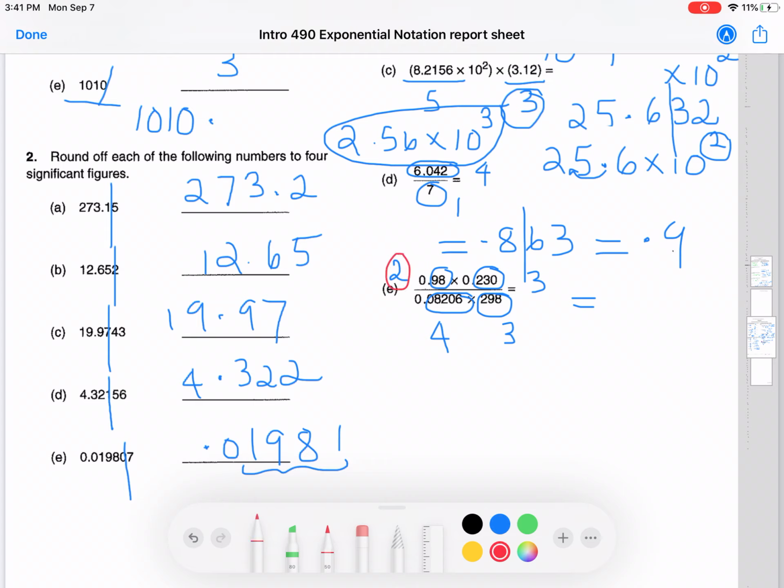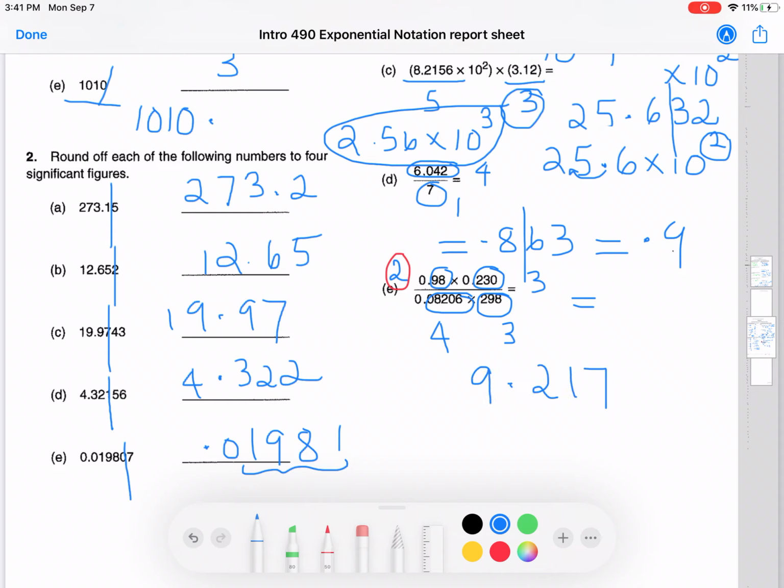So we can go ahead and do the calculation. 0.98 times 230, and then you divide 0.08206, divide 298. All of this will give you an answer as